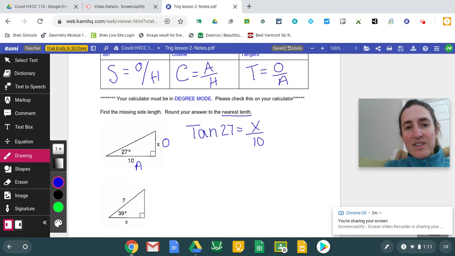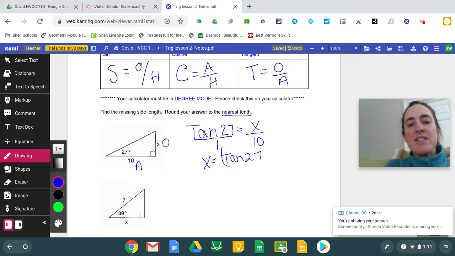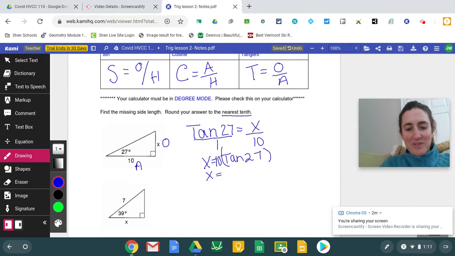Now, to solve this, I can simply make this a proportion by putting this over 1 and cross multiplying. So in this case, x is equal to the tan of 27 times 10. And you know what? I like to put the 10 in the front, especially when I plug it in on my calculator. So now I just type that in. I'm going to hit tan. Oh, I got to use my calculator and the screen. This is fancy. 10 tan of 27, and I have as a decimal